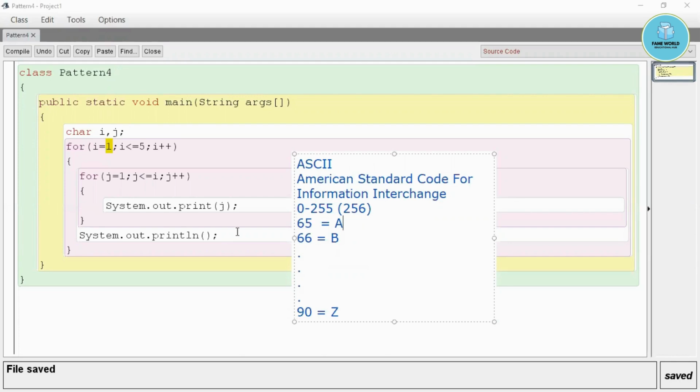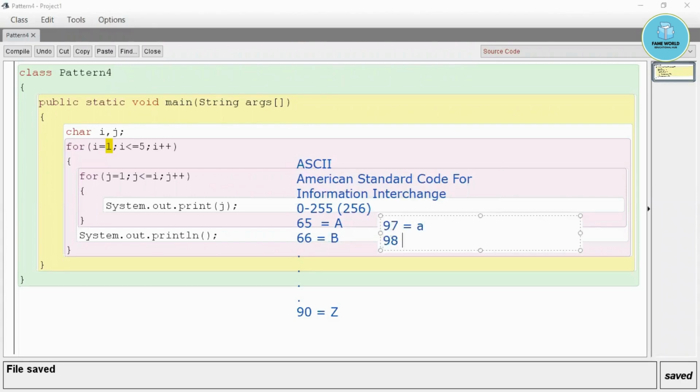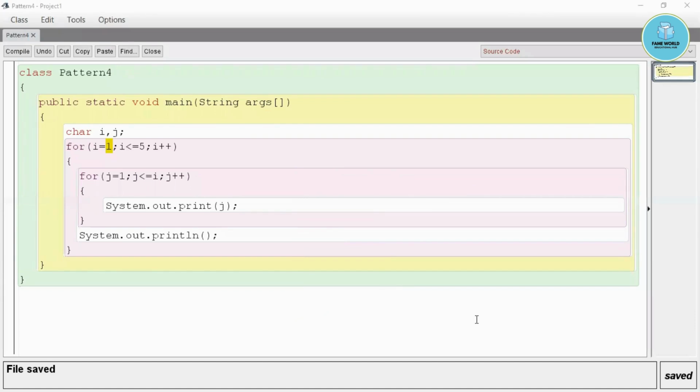Similarly, if we talk about the small alphabets, 97 is a small a, 98 is a small b, and so on till 122 is small z. These are some of the numbers. For alphabets, there is a complete chart having different values for every key present on our keyboard. So these are the ASCII concepts. According to this, if we want to print some characters, we can just use the ASCII values to print them. I'm just going to tell you how you can print the character.